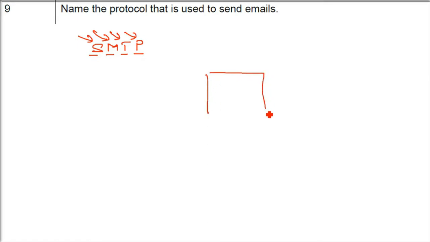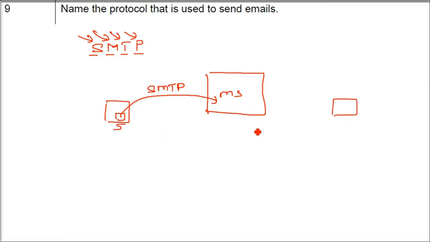Let me tell you a bit more about this. This is your mail server. It can be Google, Gmail, it may be Yahoo. So this is your setting. Your name is Sam. You are writing a mail and you are sending it. So when you are sending it, the responsibility of SMTP is to push this email to the mail server. Now you send it to Peter, your friend. Now how is Peter going to get it? There is a POP protocol, which is Post Office Protocol. It is pulling this email from the mail server to his smartphone or his computer. SMTP pushes, POP pulls.